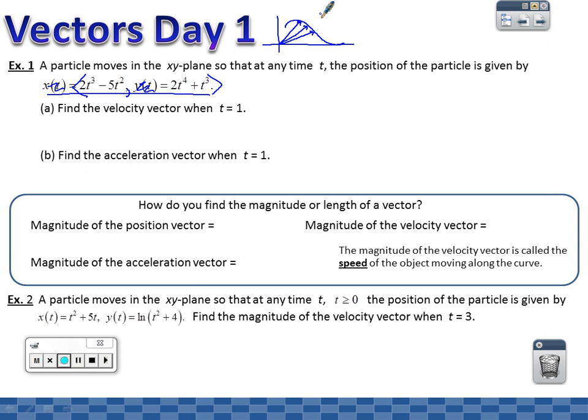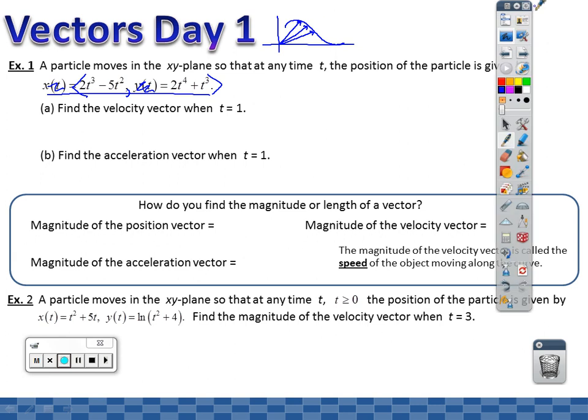I just need you to understand they are very closely related, and problems like this one go in and out of parametric and vector form just fluidly. They just move in and out, and that's okay. That's not a problem. All right, so it's written in parametric form, but they're asking us for the velocity vector